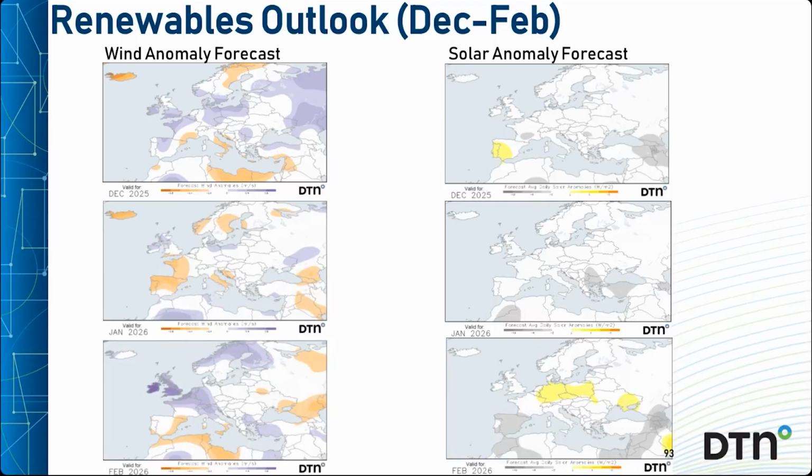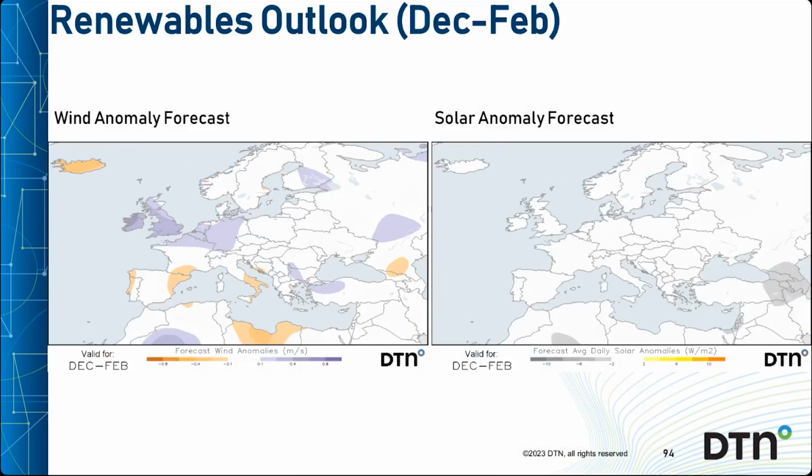Solar is less significant, harder to pin down at long range, but given the expected pattern, then solar could be best in Southwest Europe early in winter and North Central Europe later in spring, but always with the proviso that if high pressure dominates, then fog and low cloud can always be an issue. Winter as a whole then looks like this: good wind production across the northern half of Europe, no better than average in the south, while the solar outlook is just completely washed out.